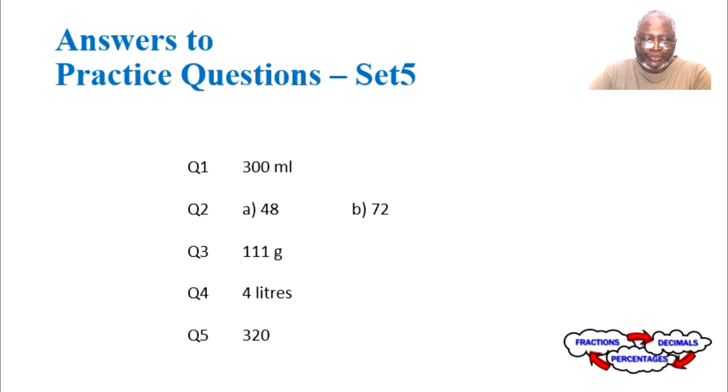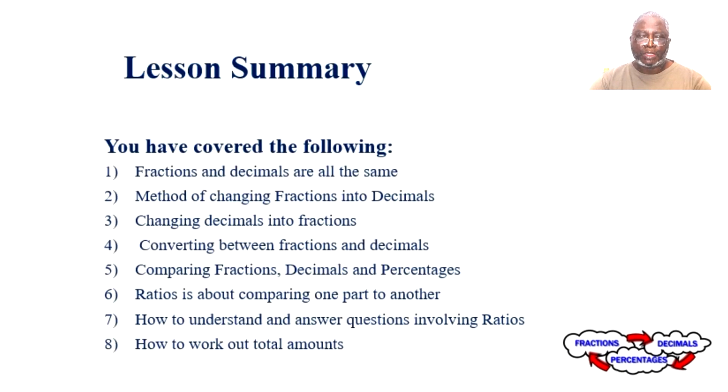And your answers to question set 5 are as follows. Question 1, 300 ml. Question 2A, 48. B, 72. Question 3, 111 grams. Question 4, 4 liters. And then question 5, 320. So to summarize,